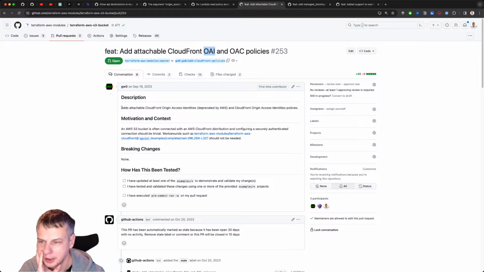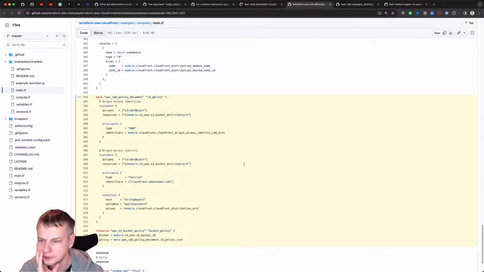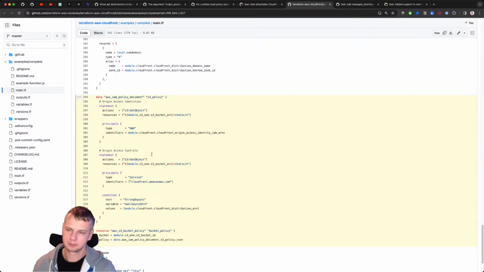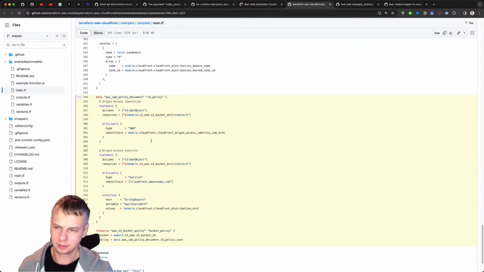So let's see. This adds attachable CloudFront OAI and policies. An S3 bucket is often connected with this. Workarounds. I didn't know that this is called a workaround. I thought this is the standard way to allow two things, OAI and OAC.